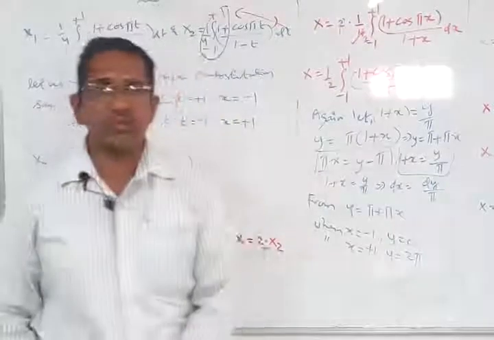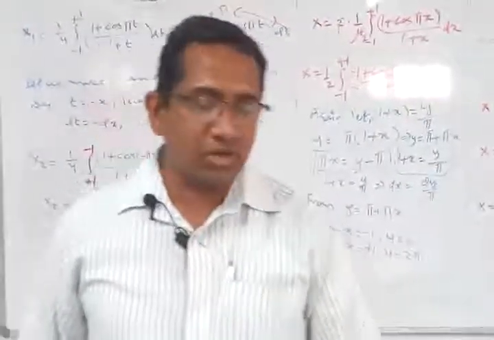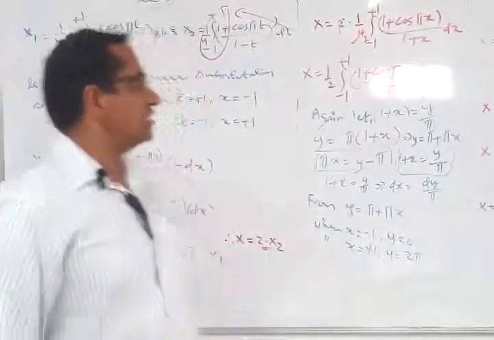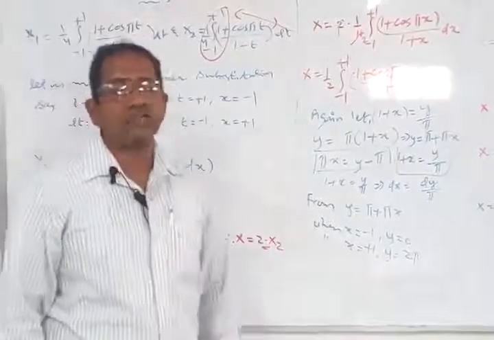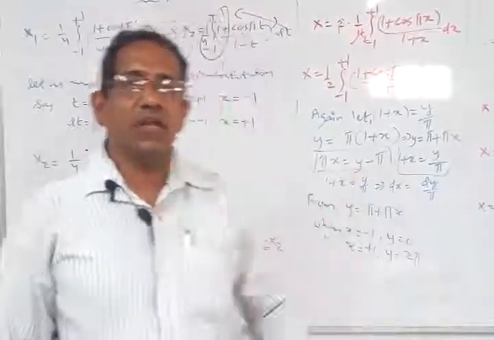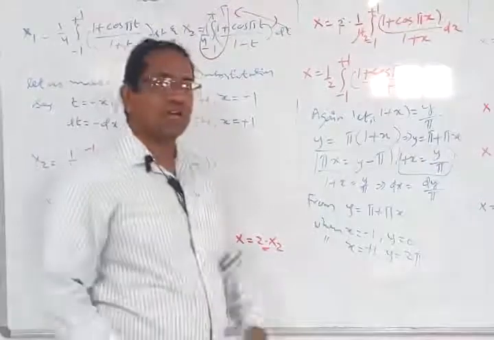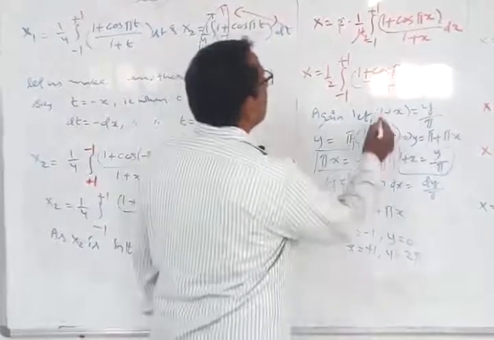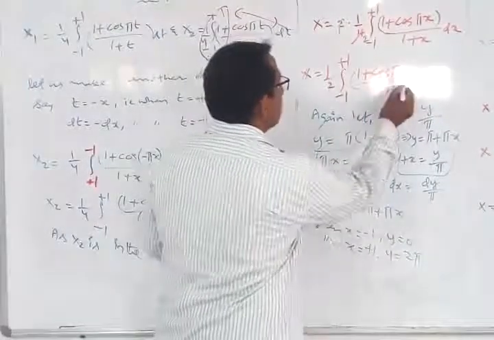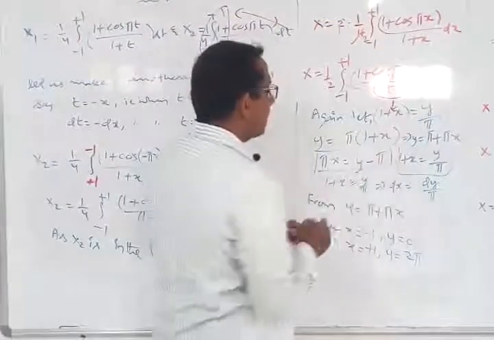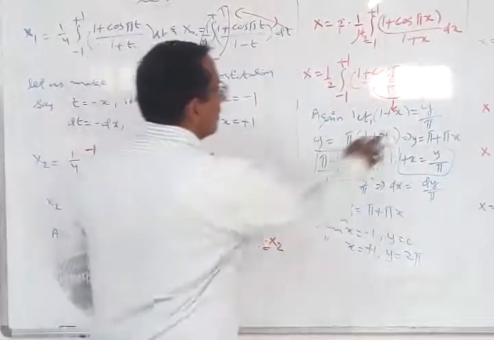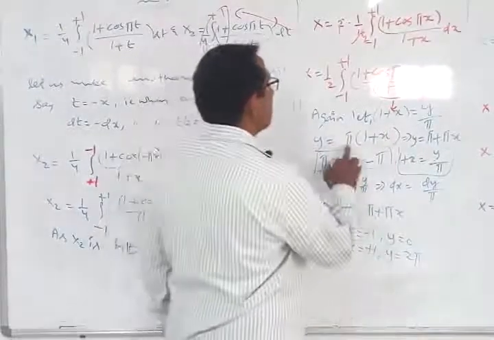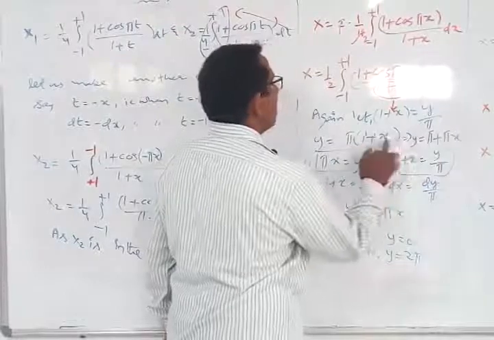See, these substitutions you have to practice. If you practice the substitution, then only can you solve this in the exam. Based on the marks given to us, if the same question is given for around 10 marks, then you are supposed to solve the entire derivation. So see the marks and then derive accordingly. Now 1 plus x I am writing as y by pi. Based on this, y is equal to 1 plus x into pi when I cross multiply. So y is equal to pi plus pi x.